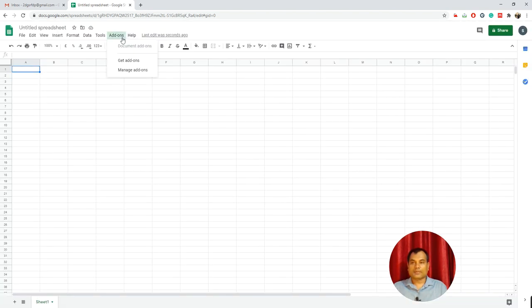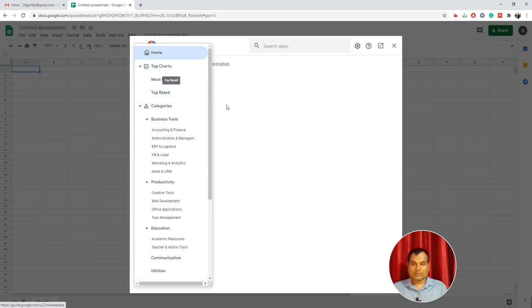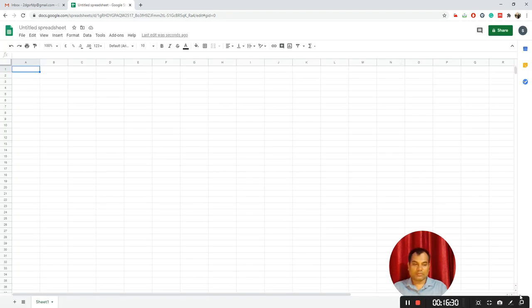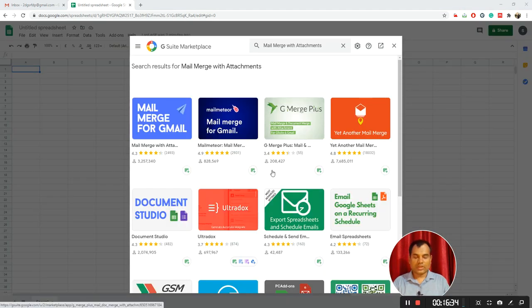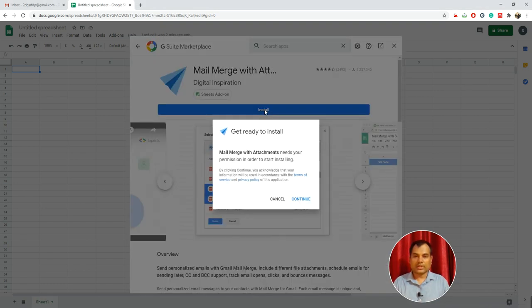I'll click it. Here is the option manage add-on. In this Google spreadsheet, the mail merge with attachment is not added. So I will click this mail merge for Gmail attachment and install it.